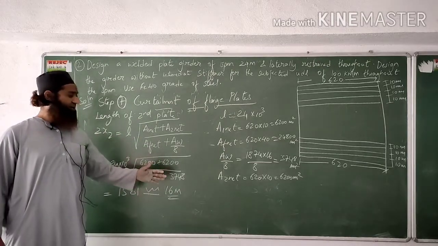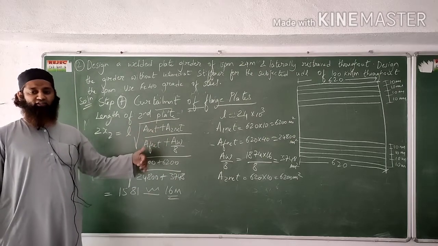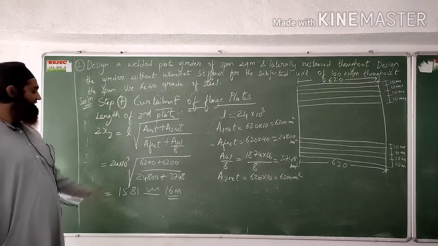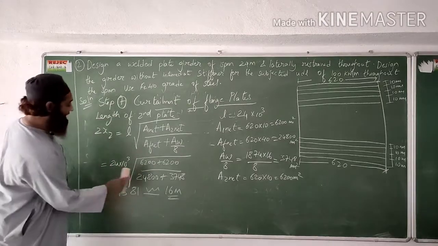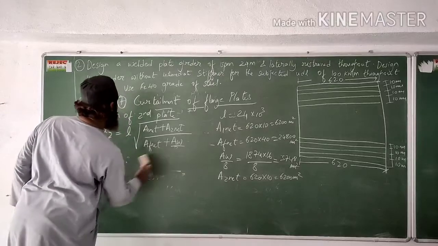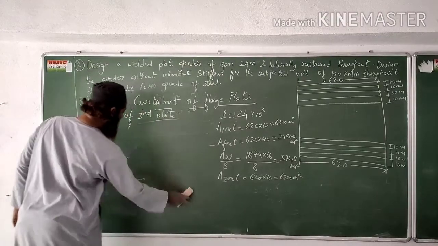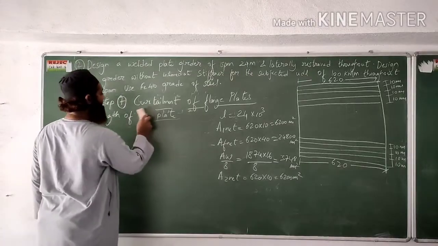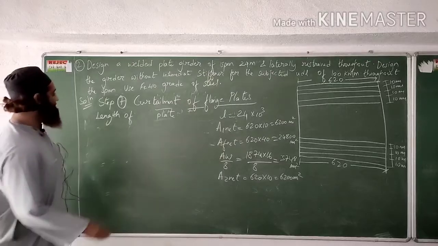We have curtailed it. First plate was, you can see, 12 meters. Here I have converted it after calculation. I have got this plate as 16. Let us see the next plate also, third plate. As I had told you, fourth plate we don't require, only 3 plates will be curtailed. When we have 4 plates, 3 will be curtailed. If we have 3 plates, 2 will be curtailed. So let us see the last plate to be curtailed.